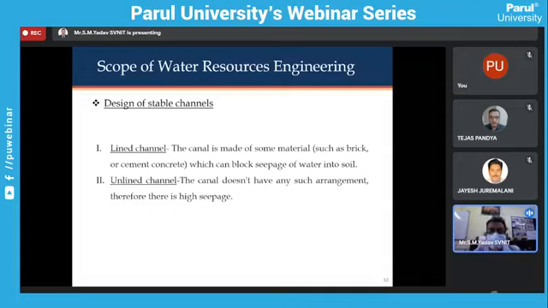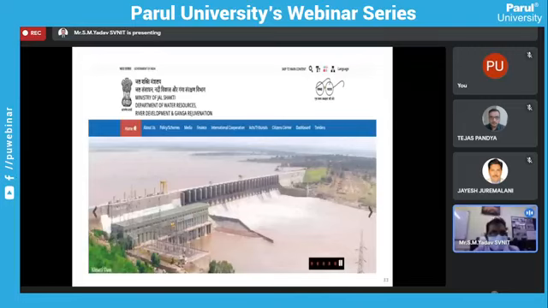Then when we talk about canals, the design of a canal, maybe it is a lined canal, maybe it is an unlined canal, that is also the responsibility of the water resources engineer. This is a website which shows many projects, upcoming projects, policies, etc. about water resources engineering. As I said, the Ministry of Jal Shakti, Department of Water Resources, River Development and Ganga Rejuvenation, is the department which takes care of the water resources of our country, and there is a Ministry of Environment which takes care of